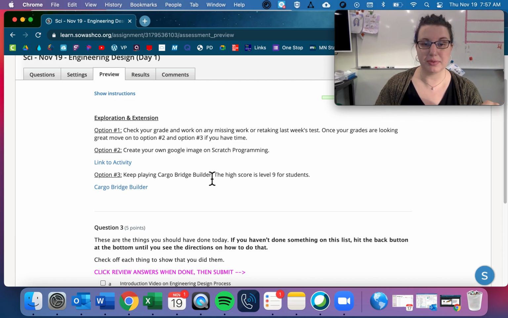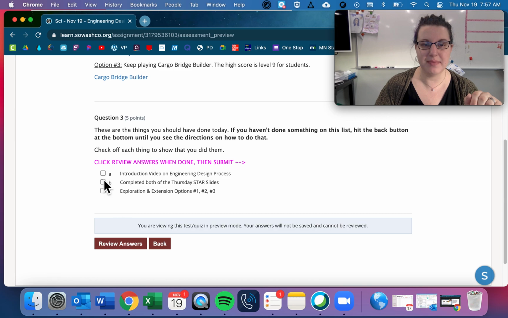And then keep playing Cargo Bridge Builder. High score is level 9 for students. I don't think that's been updated. I feel like it actually might be like level 12. But this is extension. If you have extra time, go through this